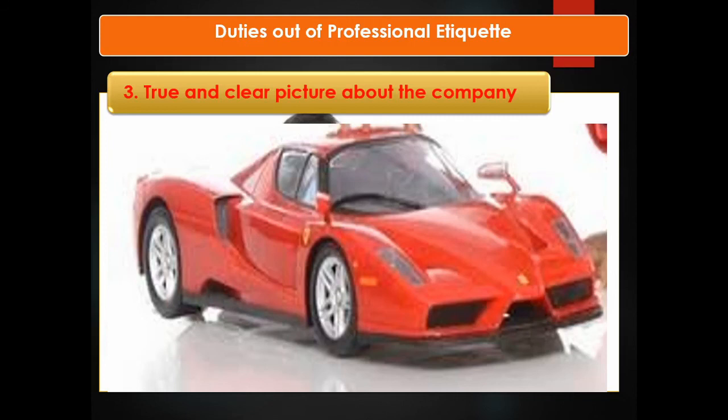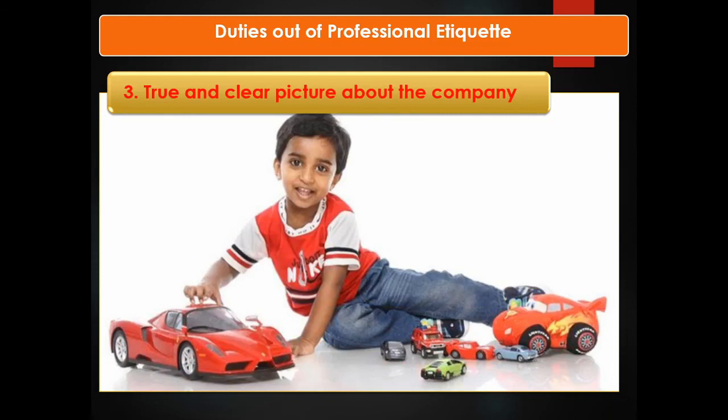It is the auditor who is going to give the complete picture about the company. He is the only person who can give a complete report on whatever is happening inside the company and about the officials who are performing inside the company. Here you can see the picture of a car. You can assume that the car is on the road, but actually it is a car played with by a boy. By seeing only some portion of the transactions of a company, like the financial statements, it is difficult for the shareholders to take a decision.